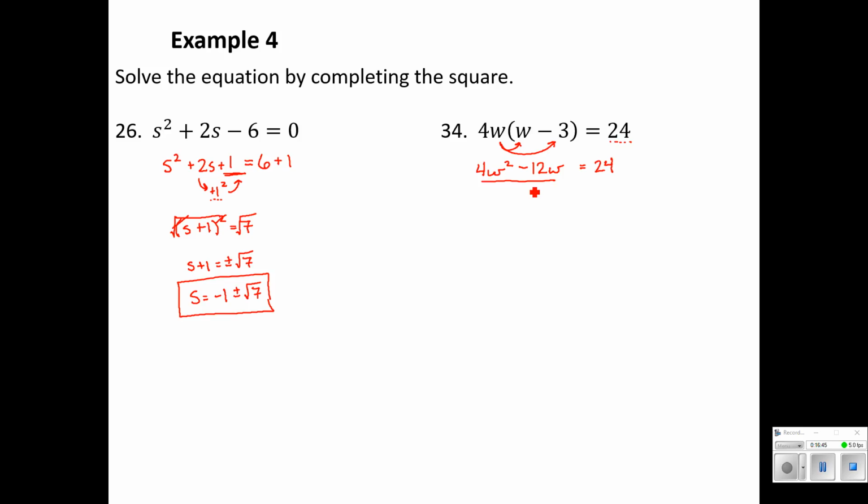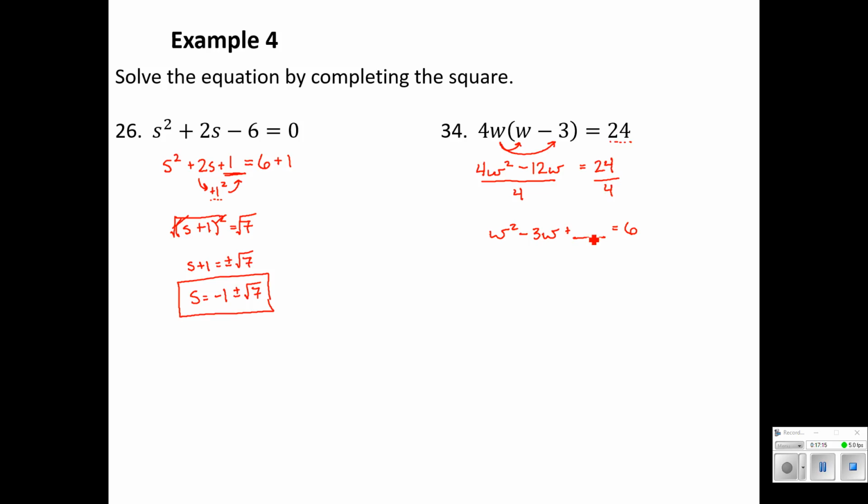What we're able to do is divide both sides by 4. And here's where our introduction comes into play. Even though this is 4 times as tall, it's going to have the same solutions as if it were scaled down. So we divide away that 4 times as tall, get w squared minus 3w, and then we're going to have to complete the square, equaling 6. Now it's important that we do that to both sides of the equation, right? We do have to keep that equation balanced.